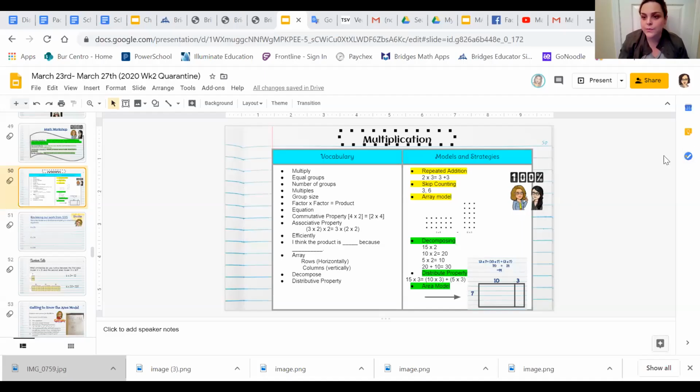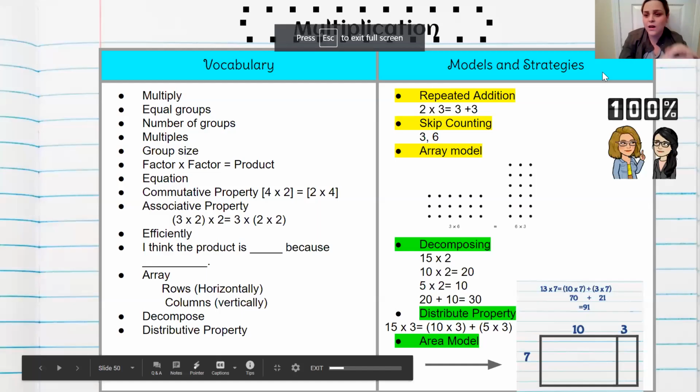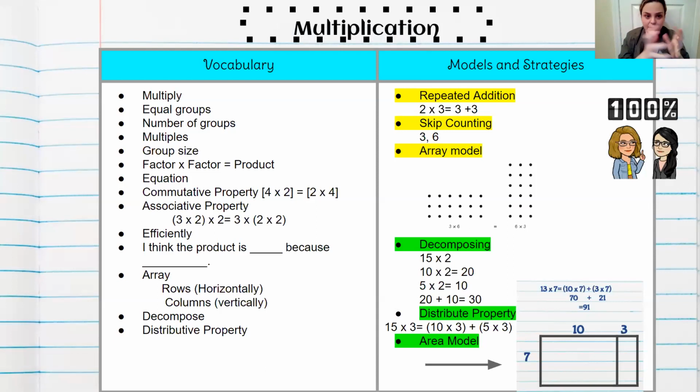Okay. Yeah, so remember that if I do the gesture, you can do the gesture with me and repeat the word after me because it's just great practice. So I'm going to put this in present mode so you can see it. Repeat after me. I say, you say: multiply, equal groups, number of groups, multiples, group size, factor times factor equals product, equation, commutative property, associative property. Efficiently, our sentence frame, I think the product is because